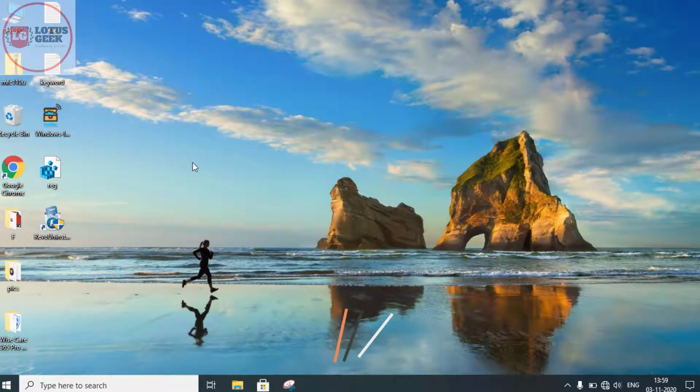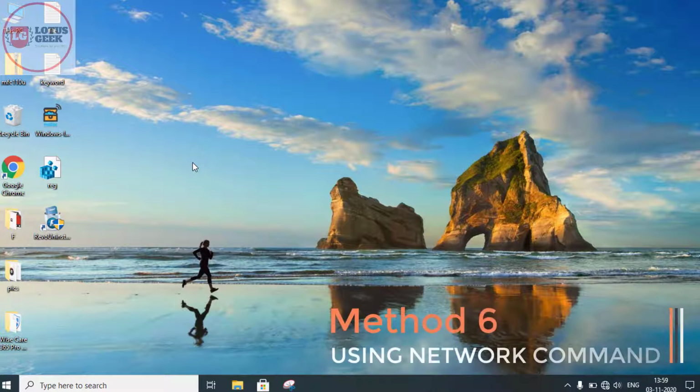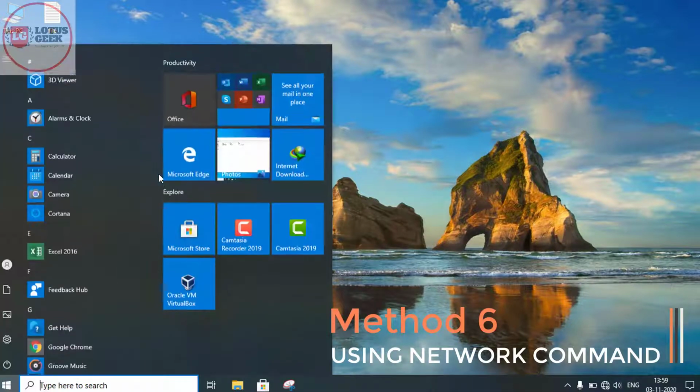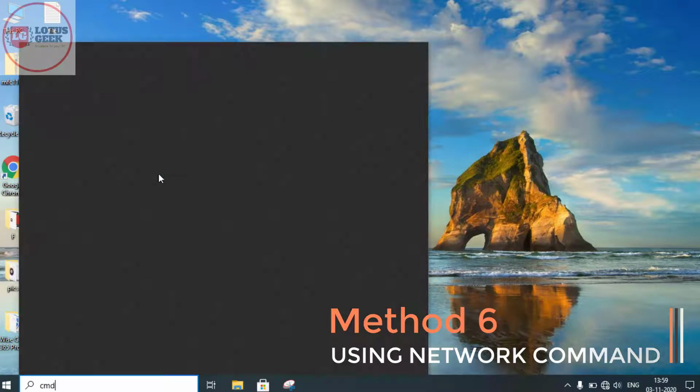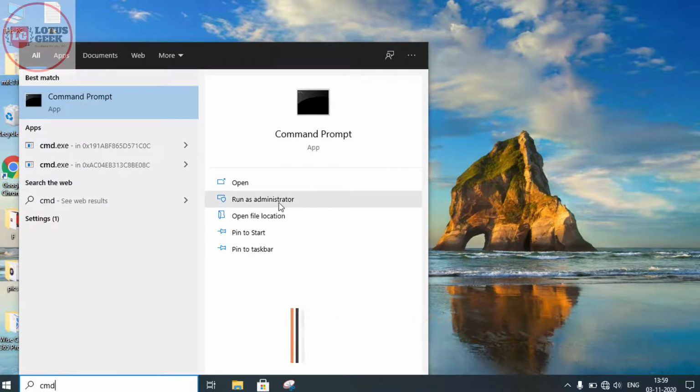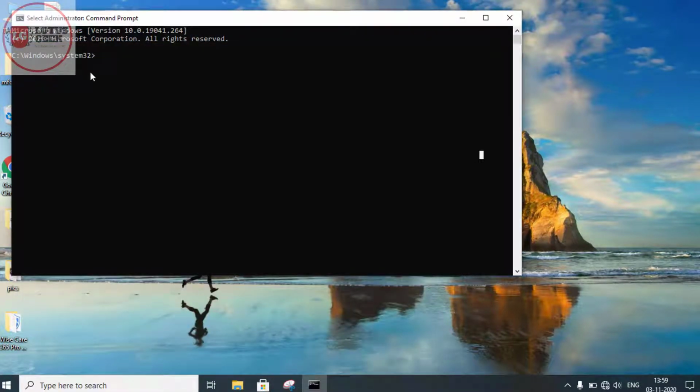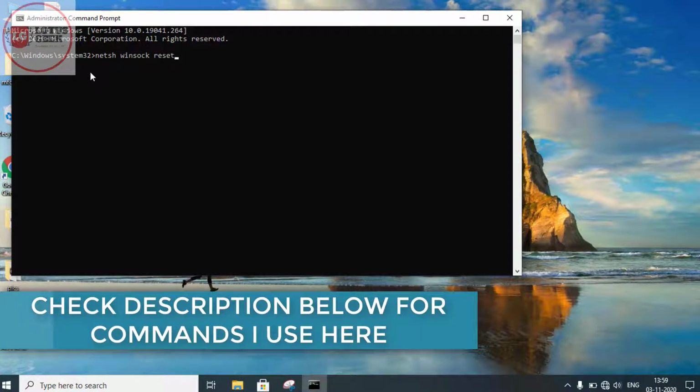If still the problem persists, we are going to proceed to the sixth step. Click on the start menu and type here CMD. Run CMD in administrator mode. Now in CMD, we are going to run few commands one by one. Type here netsh space winsock space reset and hit the enter button.